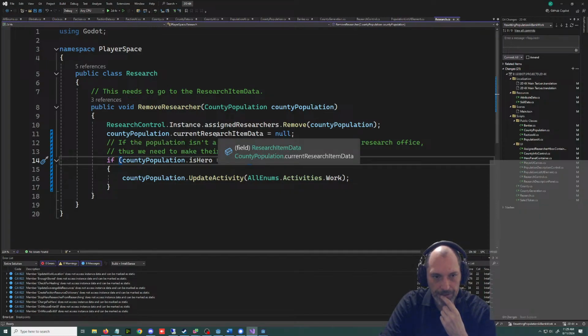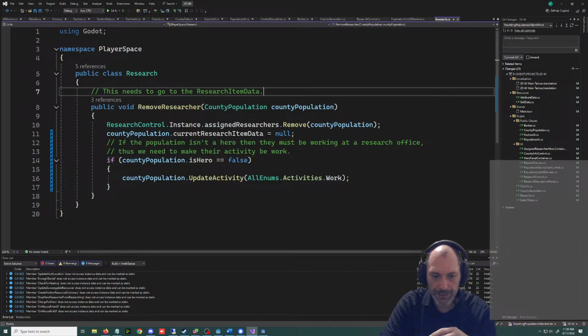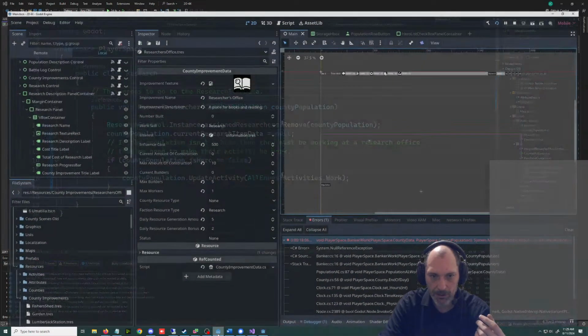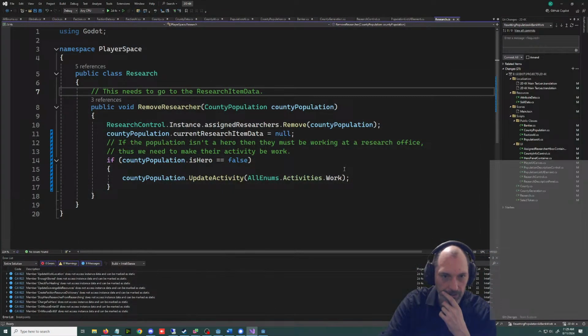County population. I don't know. Do you guys use Visual Studio Code in chat? Tell me. If you're using GDScript, of course you're going to use the built-in thing. But